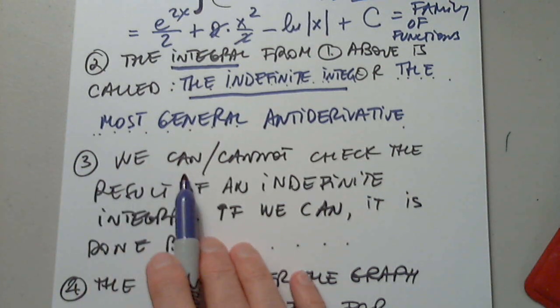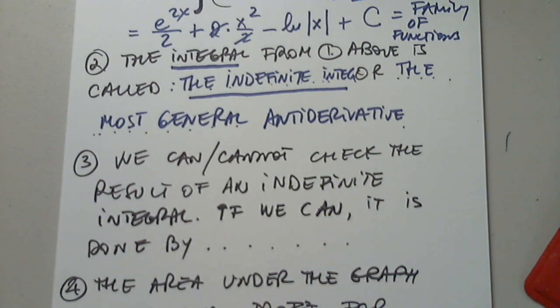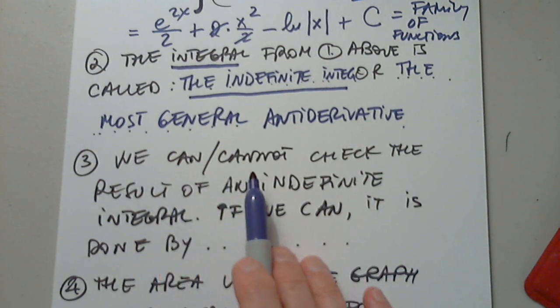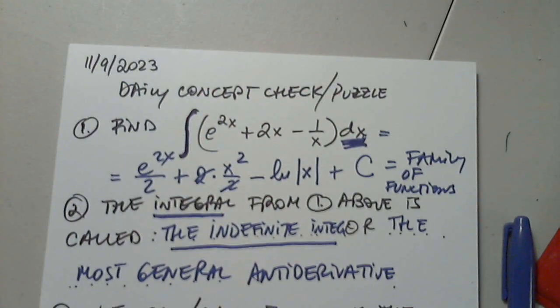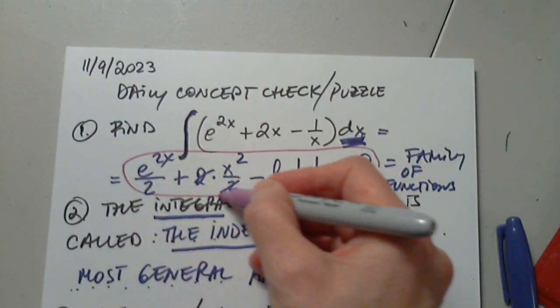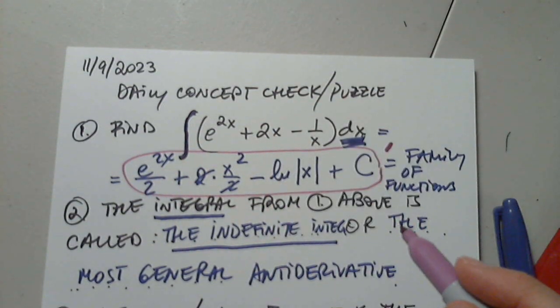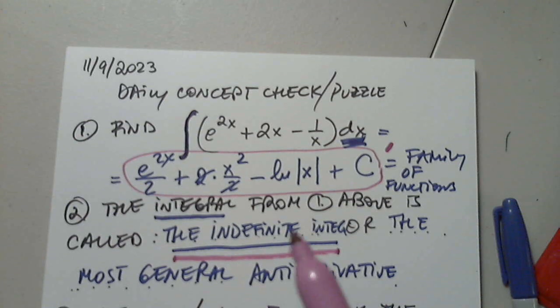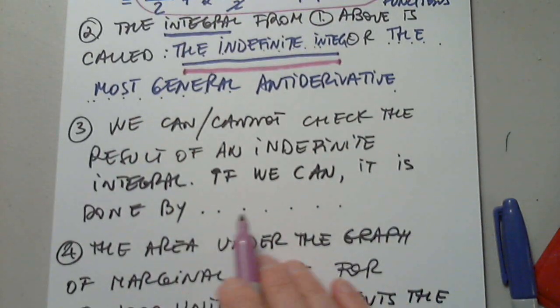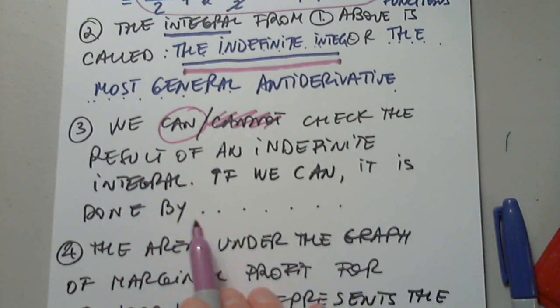Number 3, we can or we cannot check the result of an indefinite integral? We can or we cannot. Okay. Yes, I just said it. Exactly. How can I? I take this, I differentiate it to get that. I can always check the answer of an indefinite integral. How? If we can, yes, we can. If we can, it is done by